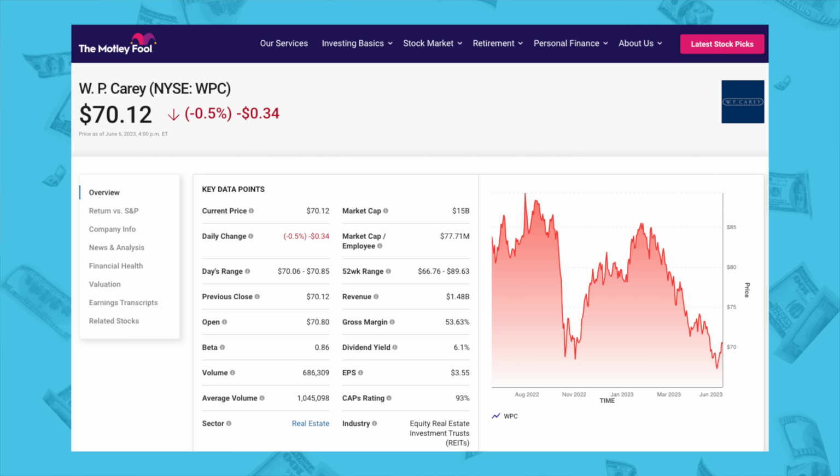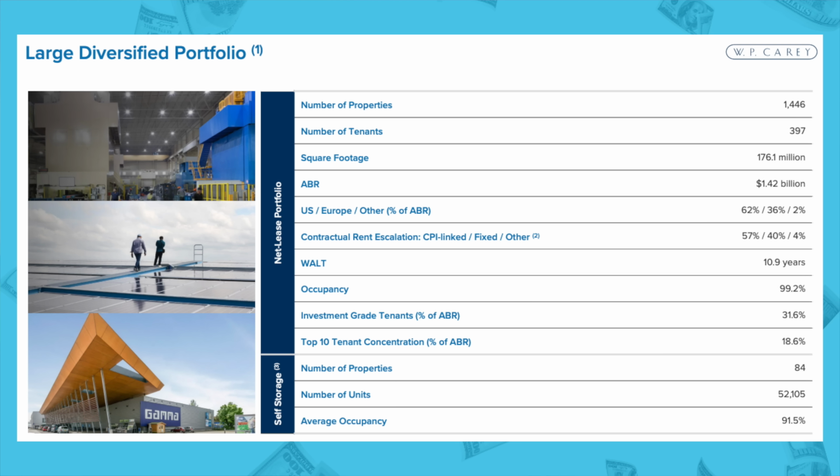WP Carey is another stock that's operating primarily in the industrial and warehouse sector, but they have really transformed themselves over the years. The company currently has a market cap of $15 billion, and over the past 12 months, shares are down 15%. And year to date, just in 2023, WPC shares are down 10%. In terms of the portfolio, WPC has